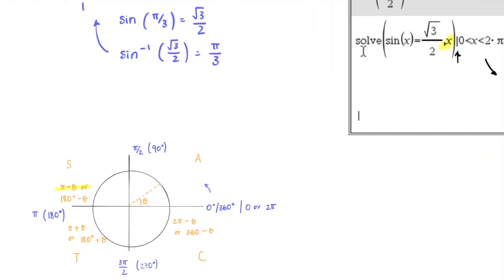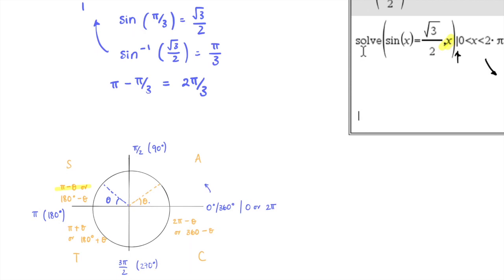What we need is another solution. So the first one we found was pi on 3, so we're saying that that angle there is pi on 3, but we need the other one, so that's this angle here. So what I'm going to do is I'm basically going to go pi minus pi on 3 is equal to 2 pi on 3. And that's where I'm going to stop, because basically what I'm saying here is that for